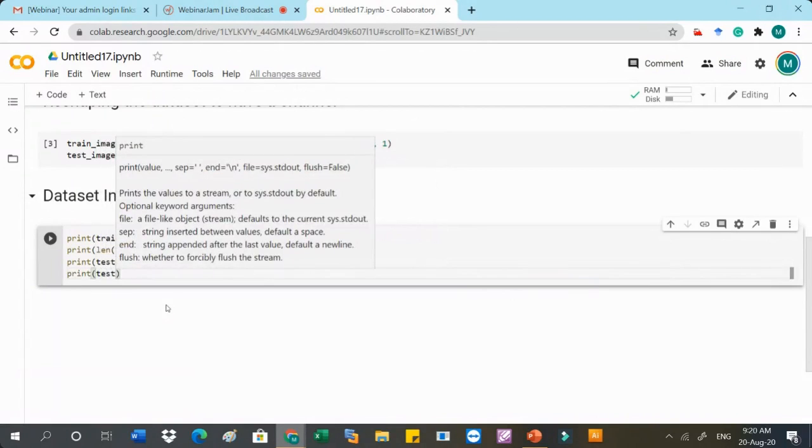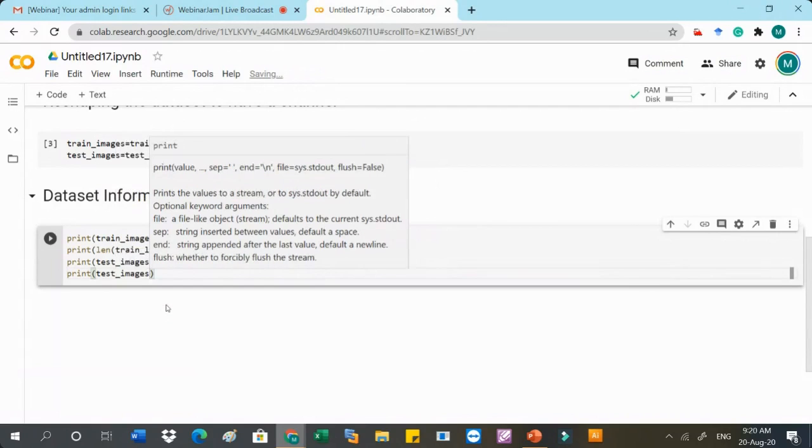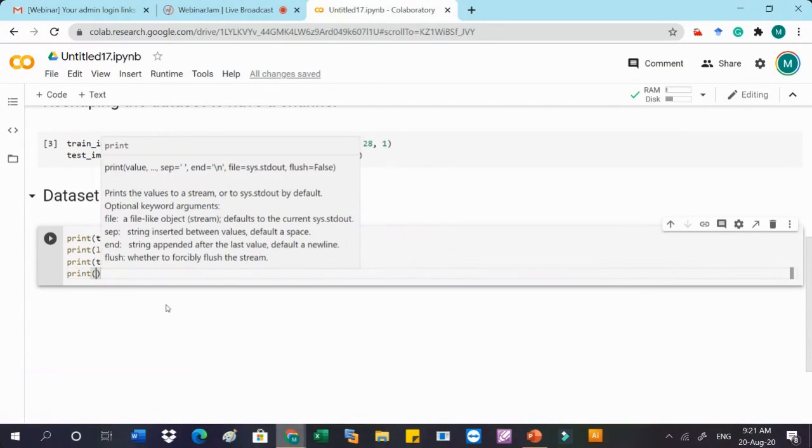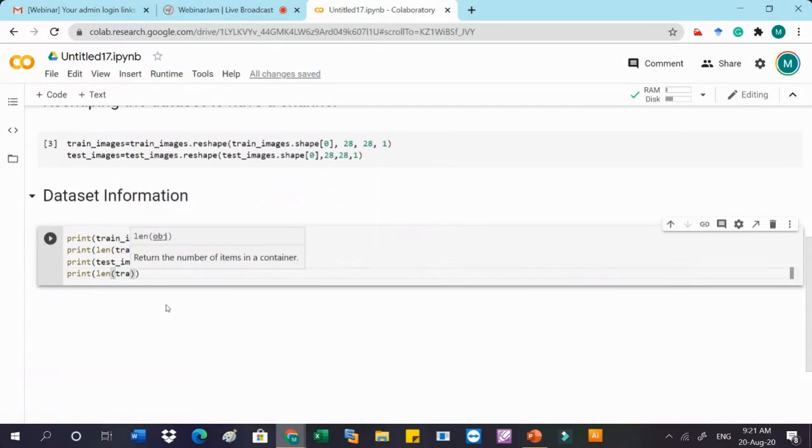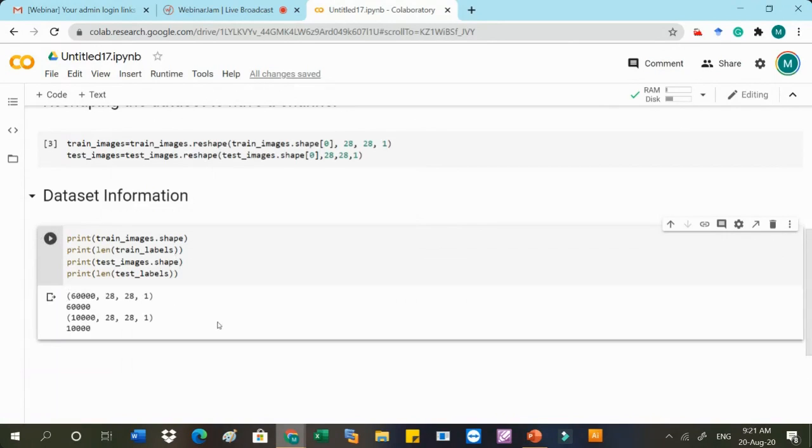So for the length, we have to find the length of test_labels. Okay, so this is all about the data set information. Let's execute these and recheck it. So we have 60,000 images, each of size 28 by 28 by 1.